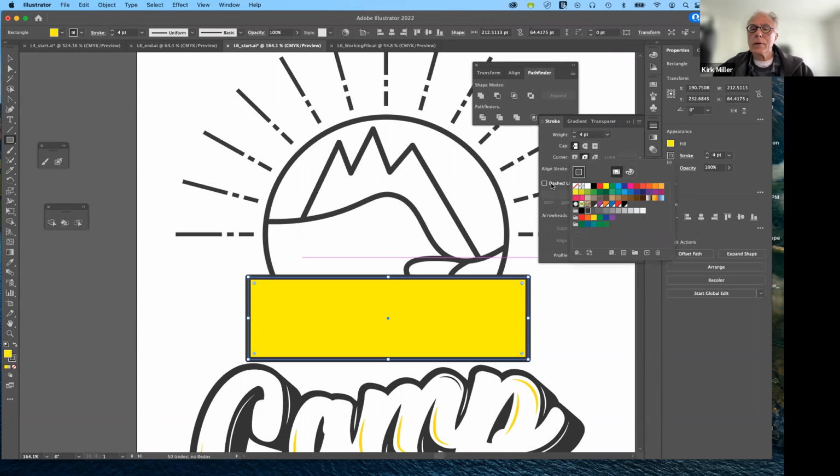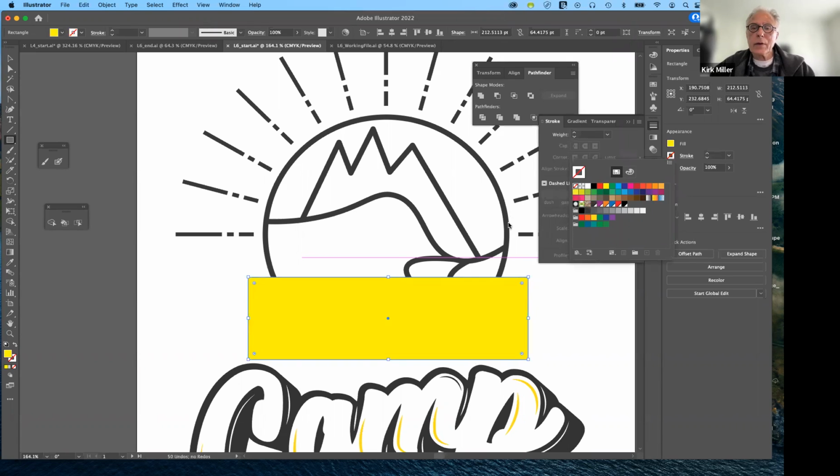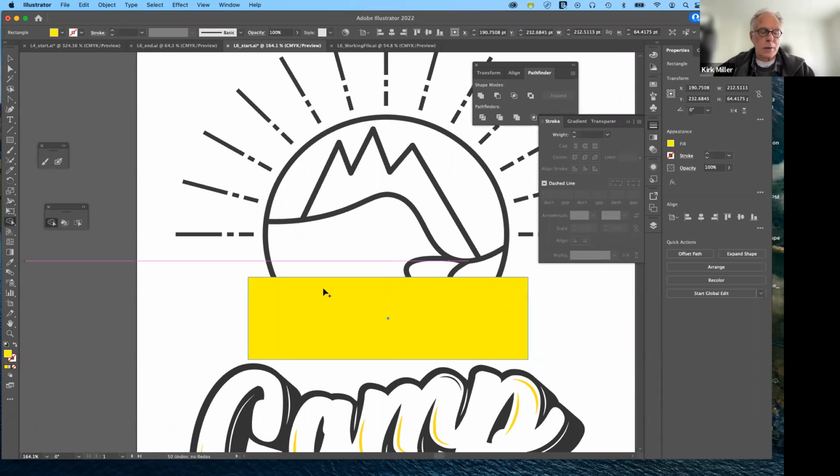And maybe that will help me out. Don't know, sometimes. Whoops, stroke. I don't want any stroke. Now, hold down the Shift key and select this group. There we go. So now it's selected. And now let's try again and use the Shape Builder tool. And if that doesn't work for us,